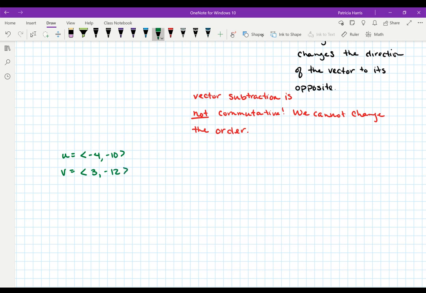Okay, so we are going to find u minus v, and then we're going to find v minus u. So if you want to treat it with the scalar multiplication, or you can just do the subtraction. So what you're going to do,